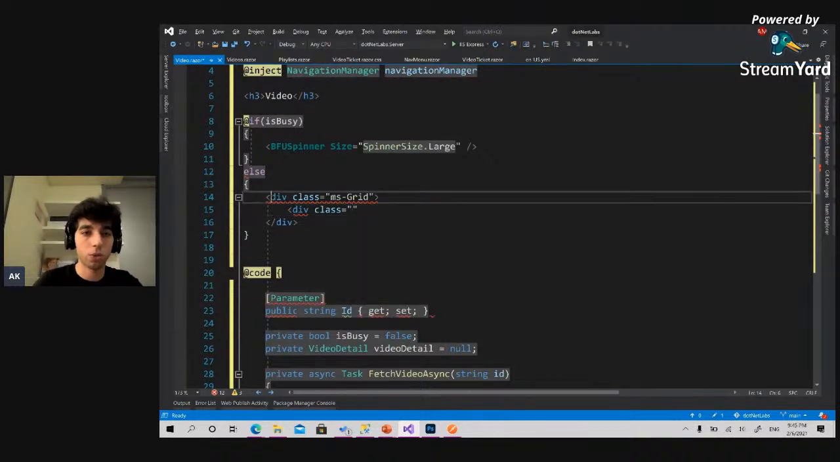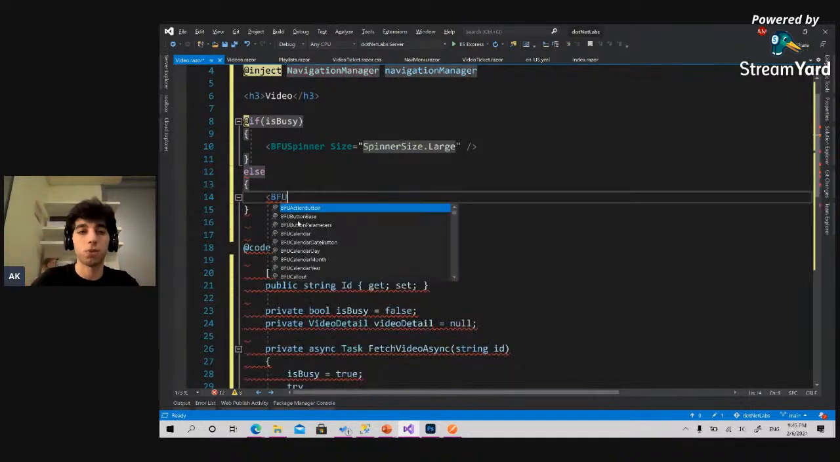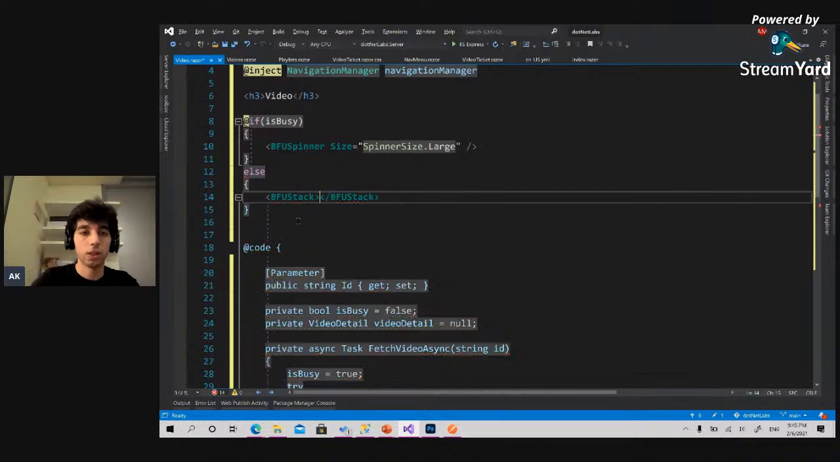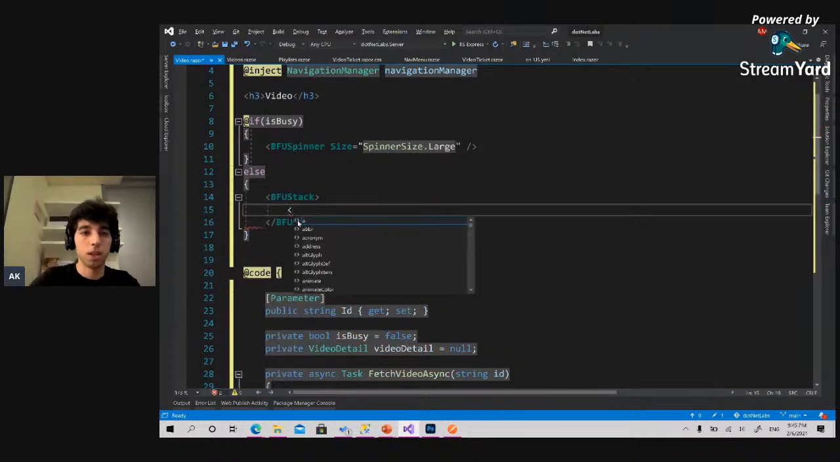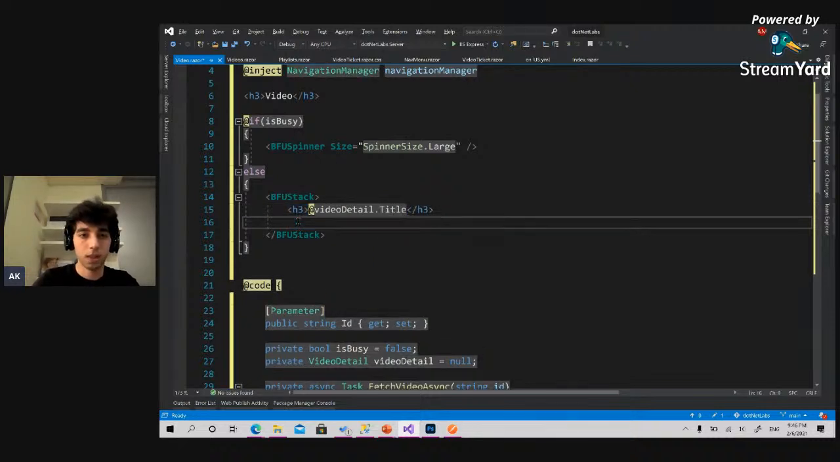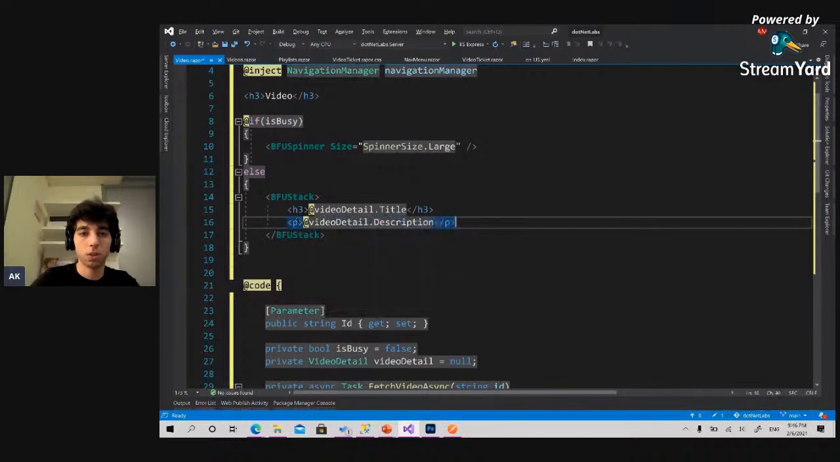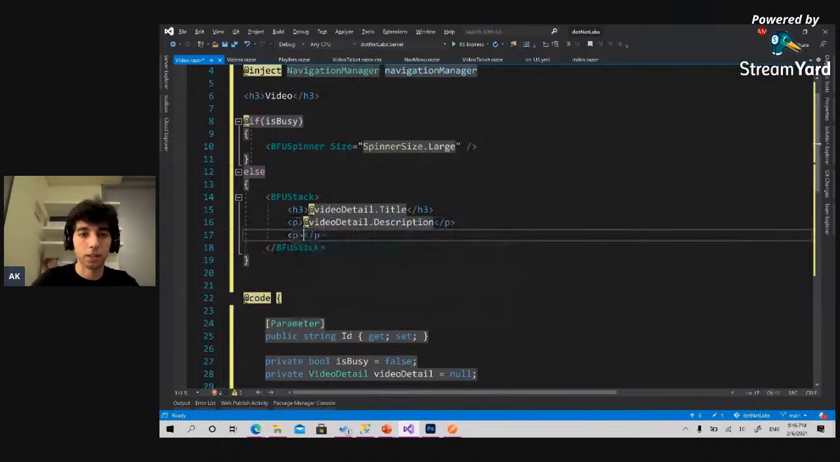Because the data is just going to be on top of each other, I think we can go ahead and use BFU stack, or Blazor Fluent UI stack. Yeah, it does the job right now. And here I will have an h3. This one will contain the video detail dot title, and then you'll have a p with video detail dot description. And what we need as well is